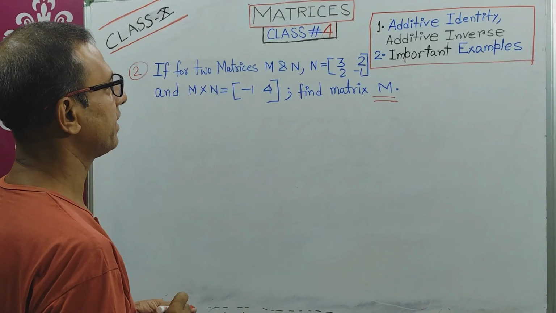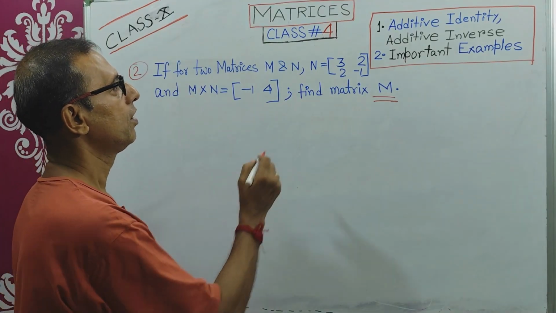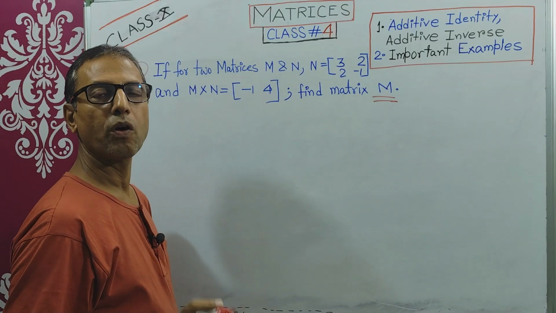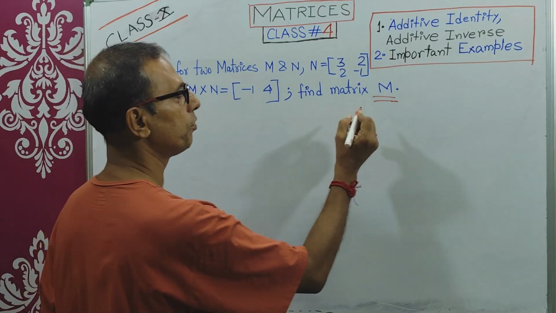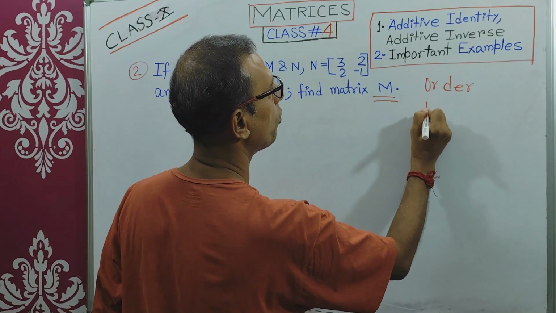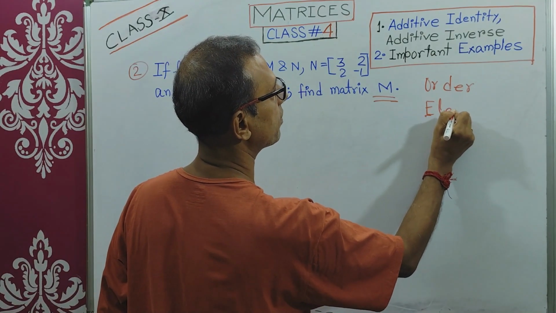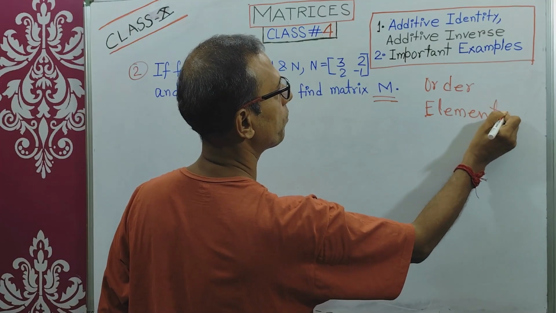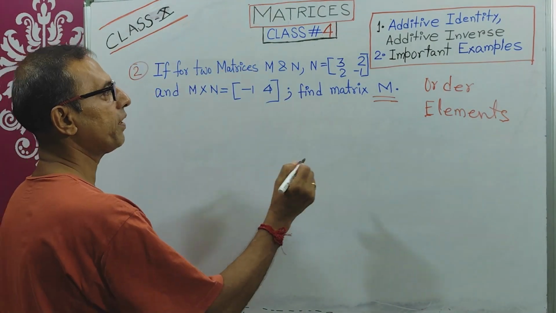So just break down this problem statement. If you need to find a matrix, what are the things you need to know? You need to know the order of the matrix and you need to know the elements of the matrix. These are the things you need to know, right? If I say